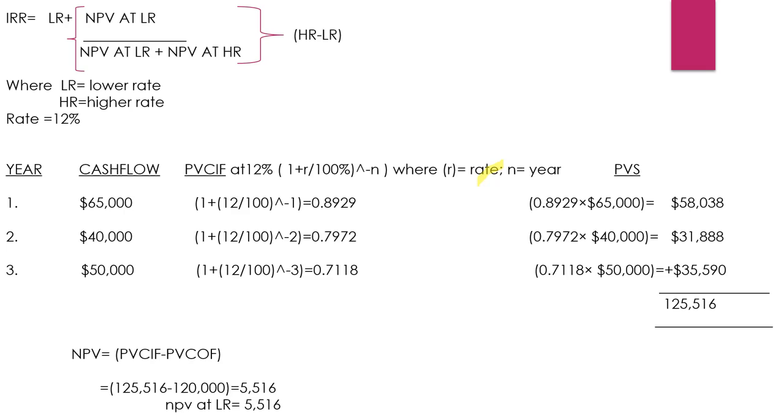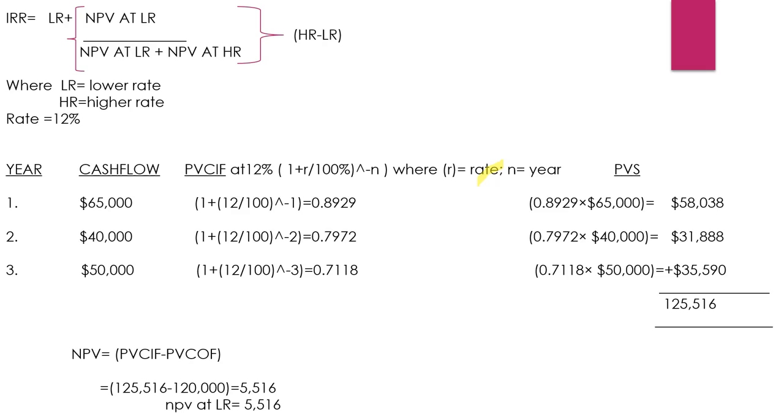Okay, after multiplying, the present value of cash flow is $35,590. So after finding the present value of cash flow for that year, find the sum of the total cash flow. After you add all the present values of cash flow, you get that the total is $125,000,